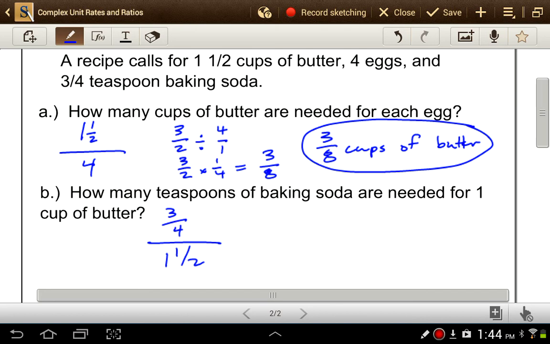So, in order to do this, we're going to do 3/4 divided by, again, 3/2. Turn it to multiplication, 3/4 times 2/3. I can cross cancel. The 3's will become 1. This 2 becomes a 1, and that 4 becomes a 2. Multiply across, I get 1/2. So how many teaspoons of baking soda are needed for each cup of butter? Well, I need 1/2 teaspoon